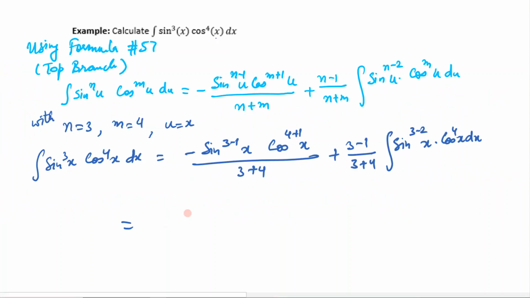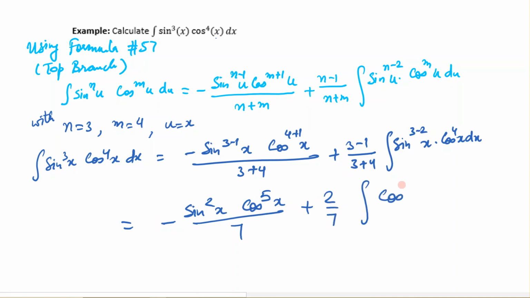So we get negative sine square x cosine raised to power 5 x over 7 plus 2 over 7 times the integral of cosine 4x times sine x